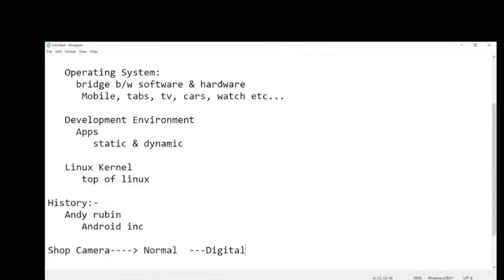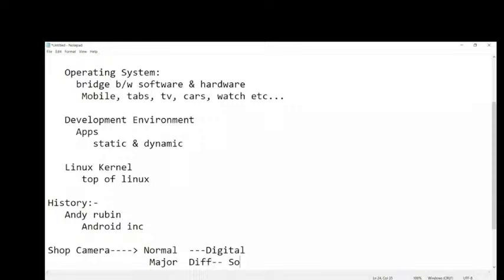Then he asked the shop owner why so much, and the owner compared the features: it has zoom in and zoom out features, and you get clarity. He explained all the differences between the normal camera and the digital camera. Finally he understood one point: the major difference between the two is software.